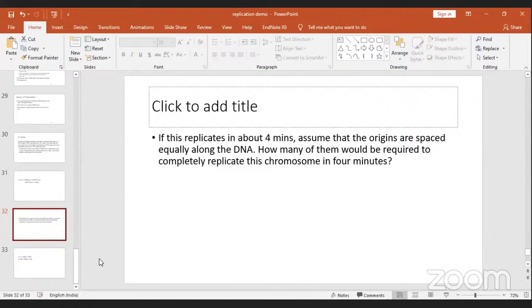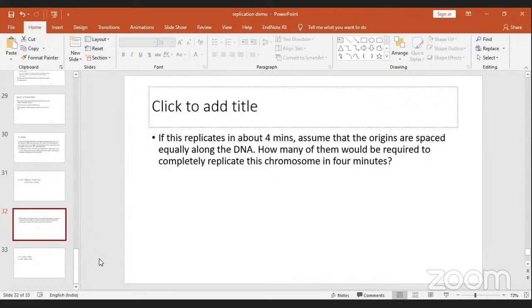So here it is given that you have 2600 nucleotides per minute as the speed of replication, and the total length of the chromosome is 6 into 10 power 7. So the question is, how many origins of replication would be there, so that you can complete the total replication in 4 minutes. Whenever you have problems like this, you just imagine a genome